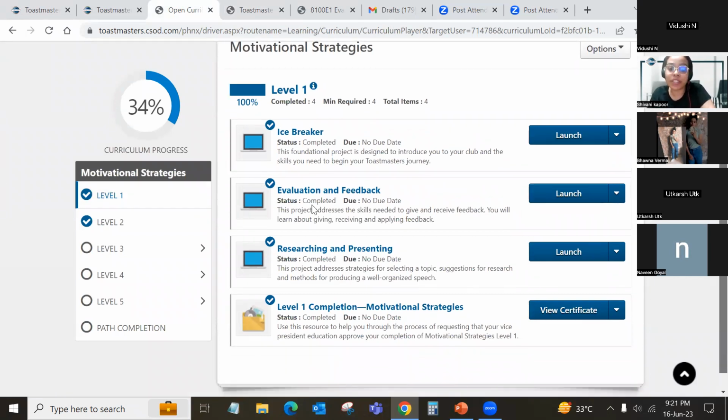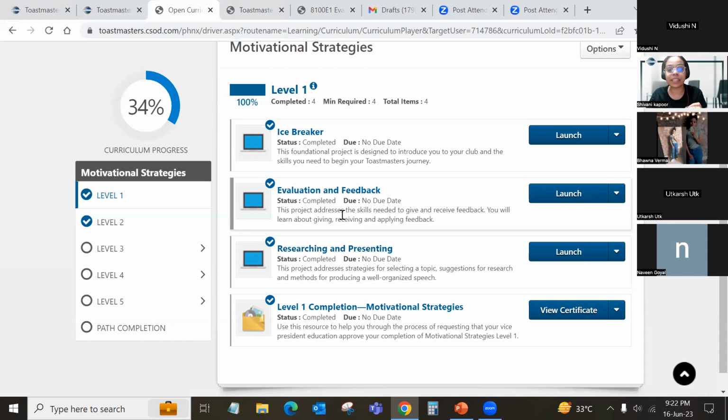Okay, so now I was mentioning how to be a speech evaluator. Once you have given your icebreaker speech, in your level 2 there is this project, evaluation and feedback, which requires you to deliver a speech. Then you have to take feedback from your evaluator and then again deliver a speech incorporating that feedback. So you have understood the importance of feedback and the suggestions that evaluators give you. After that, you have to become a speech evaluator, preferably for an icebreaker. And then afterwards, you can start taking up the evaluator role. Maybe it's not always, it comes with experience also.